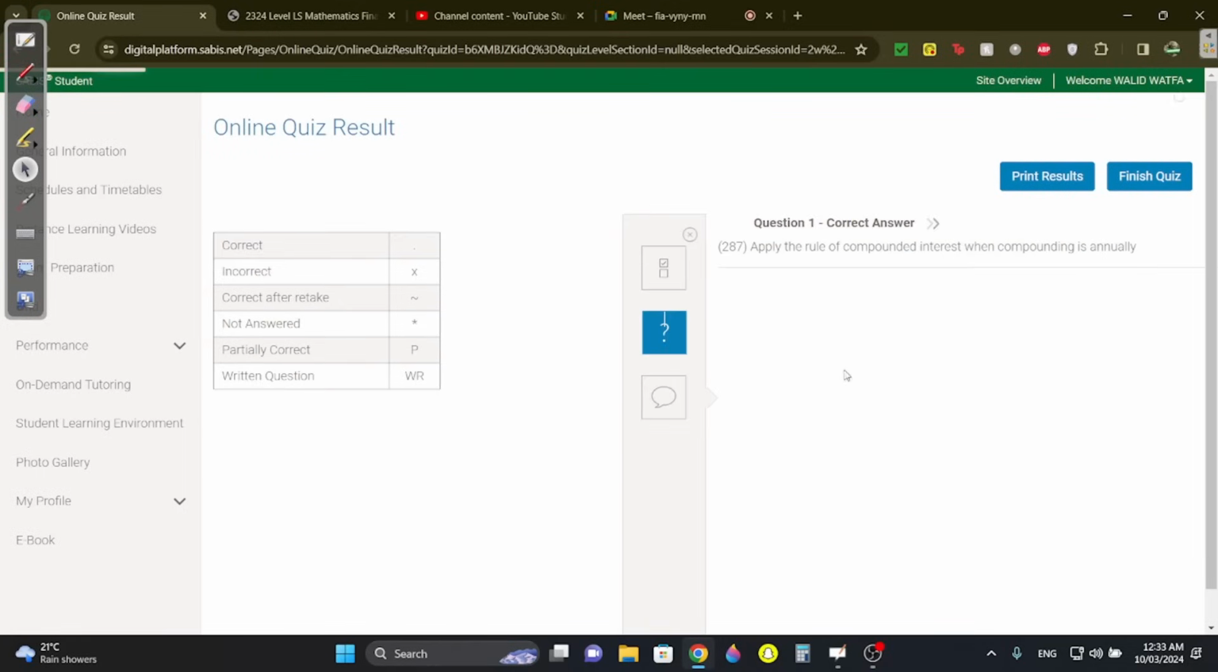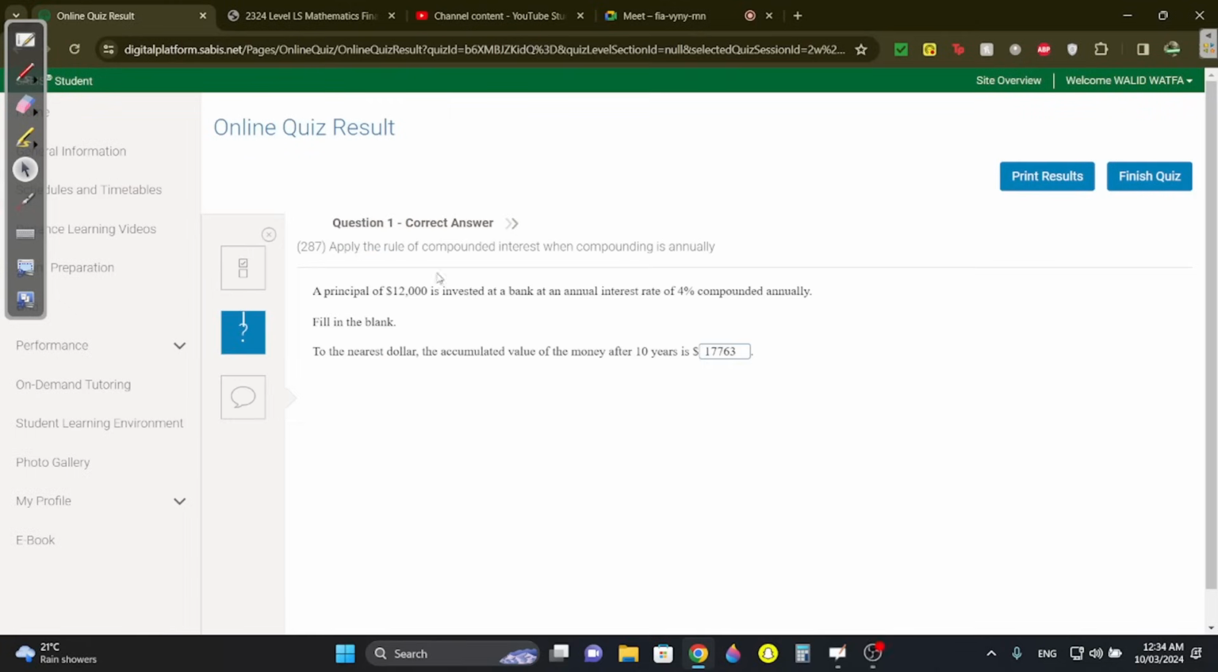This is 6.4. Very easy. It's literally all one formula about investing, and the final amount of money